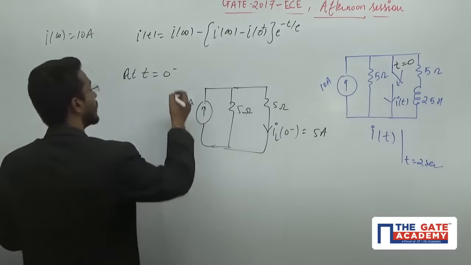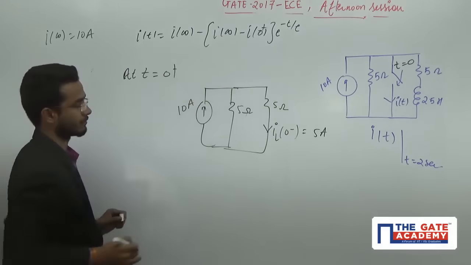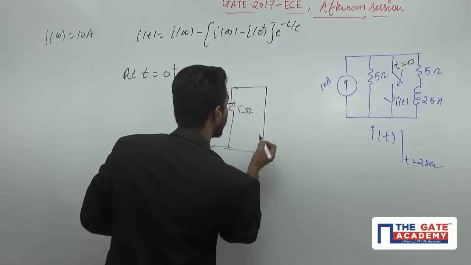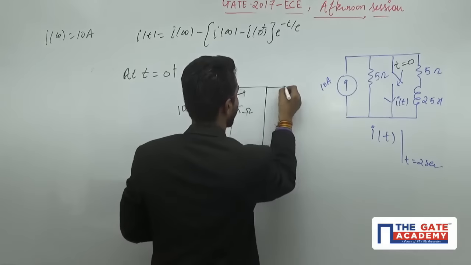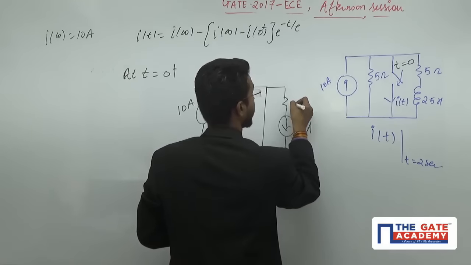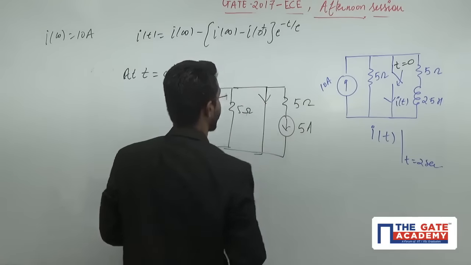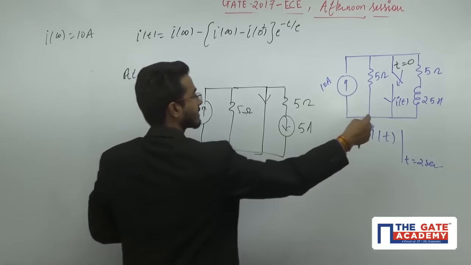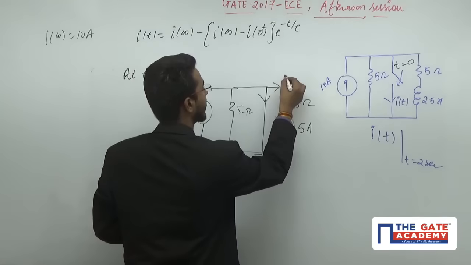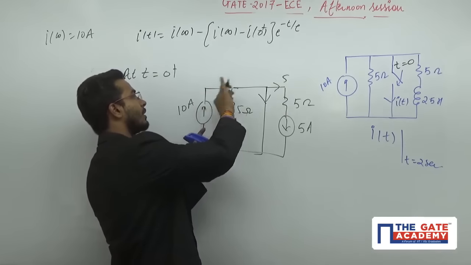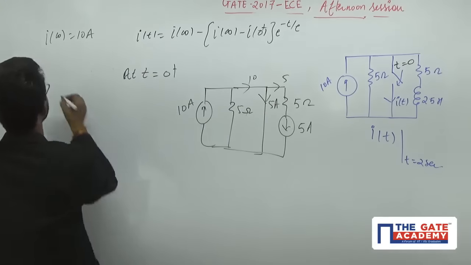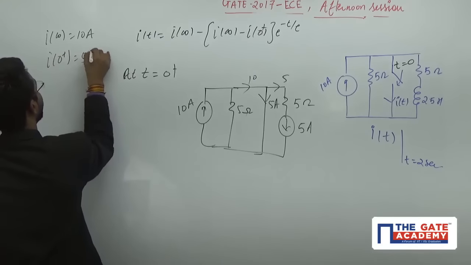That means for that you have to draw the circuit at t equals 0 plus also. As you draw the circuit at t equals 0 plus, you will get a short circuit because you have closed the switch, and here you will get like this. That means the 5 ampere, it is 5 ohm, and I am interested in this current at this time, but this inductor will not allow any sudden change in the current at t equals 0 plus. That means here the current is 5, you are pumping the entire current from here, which is 10, that means the current will go from here 5 ampere. That means I of 0 plus is equal to 5 ampere.